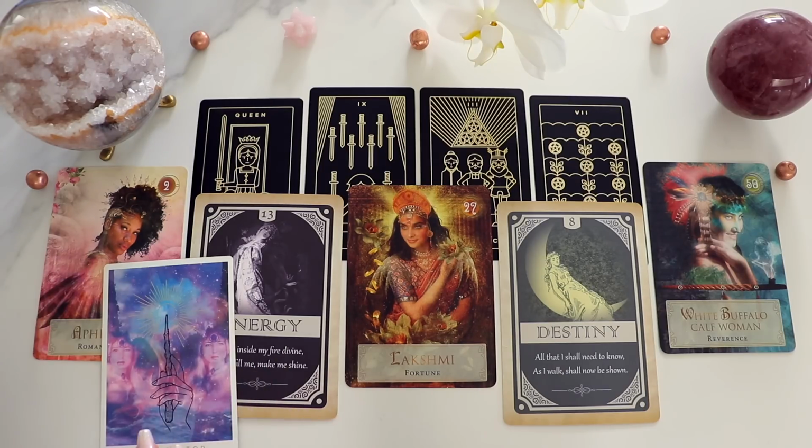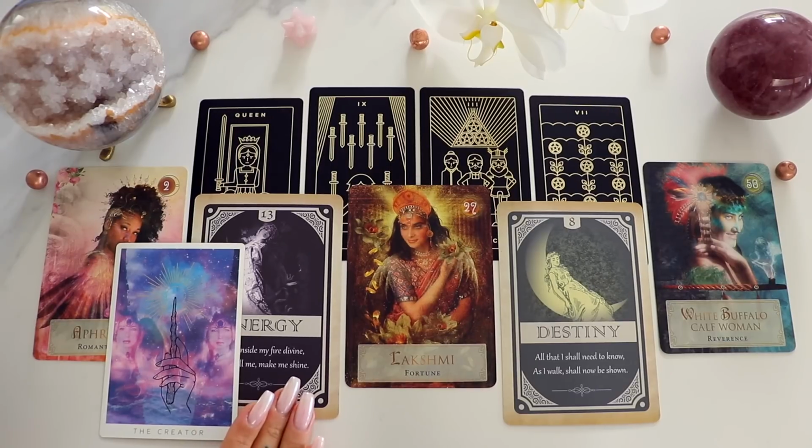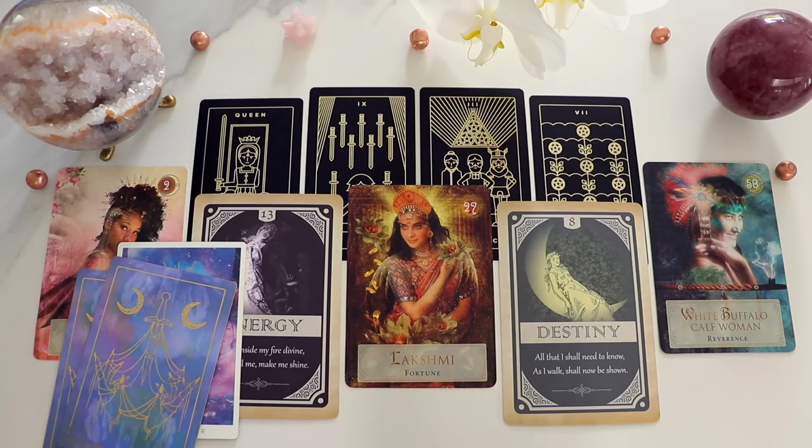We also have the creator. You are a natural creator. The worlds that you could create as you tap in more to your emotional side is going to be wild, to say the least. It is going to be wild. I also see you tapping into a huge wealth of fortune as you begin to heal your emotional side and begin to open it up more. As you do that, which I feel like is part of your destiny,